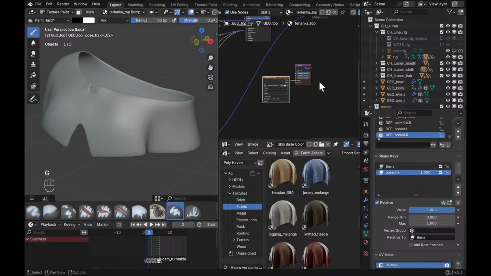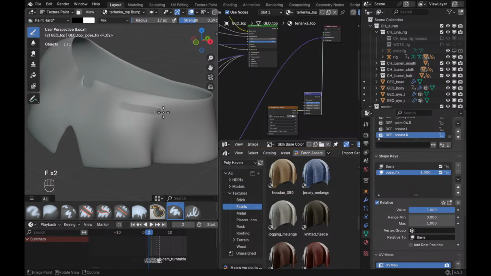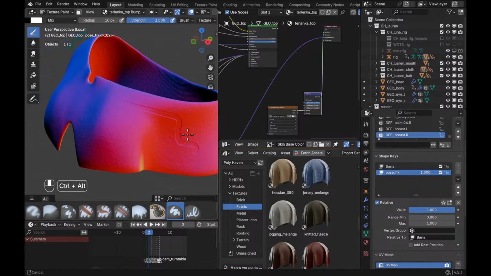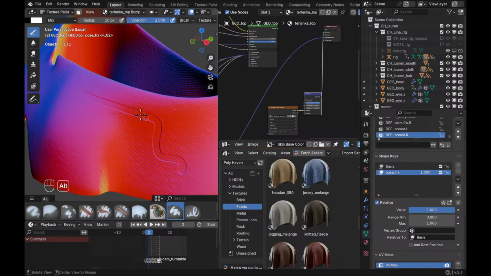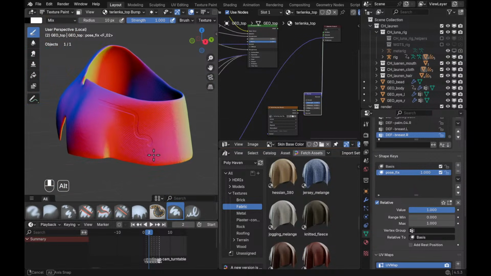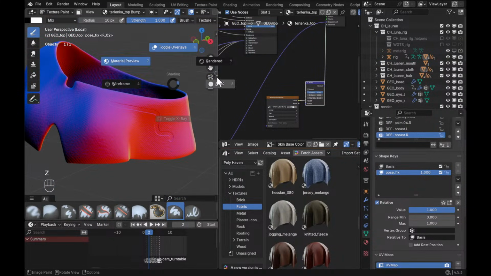And so here's what I want to do. If I Ctrl Shift click on this, and I choose a black color, and I just paint this in. I'll increase the strength. If I just paint this in, and I go into the material preview mode. Okay, so you should just see this. Something like this is what I want to achieve on the clothes. So I'll go back to solid view,